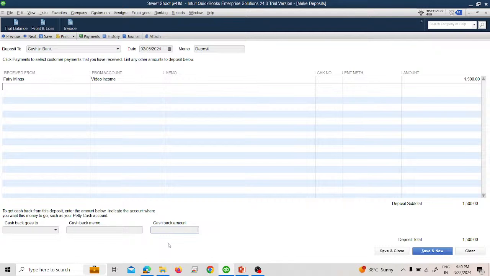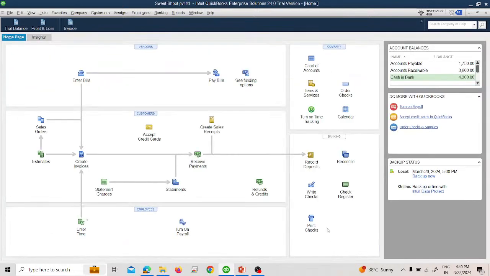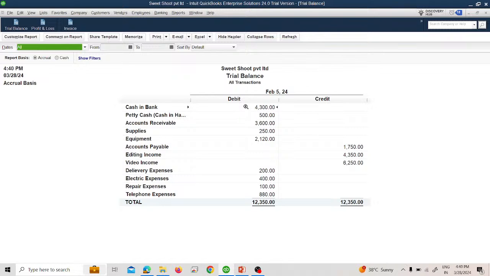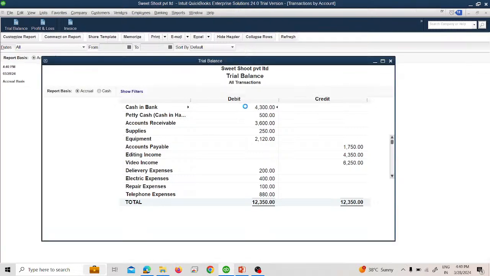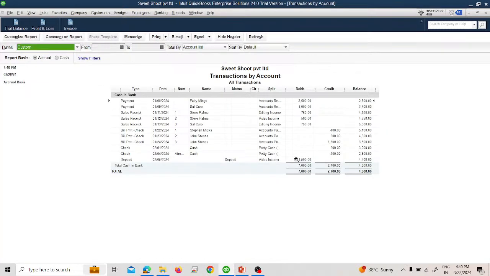We are just leaving the blank because we are just recording the basic transaction here. Just save and close. Now after save and close, we will see what effect has been done. From the trial balance, we will see the cash and bank account. You just double click on cash and bank, and you are able to see that we have deposited